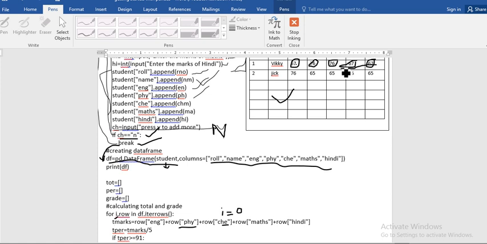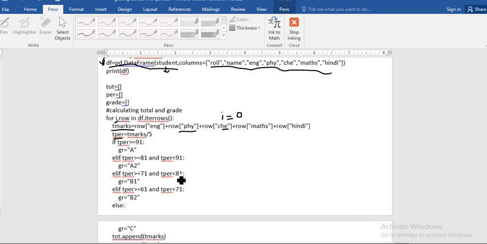After adding these values, it stores the result in the tmarks variable. In the next line, tper, means percentage, is equal to total marks divided by 5: the value after adding should be divided by 5 to find the percentage. It will be stored in the tper variable.